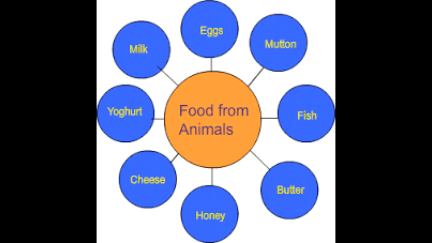Now we are also getting food from animals. What is the food that we are getting from animals? In this picture you can identify eggs, mutton, fish, butter, honey, cheese, yogurt, milk. All these are the products from the animals. Eggs are laid by the hens. Honey is given by the honeybee. And cheese, butter are the byproducts of milk. Yogurt, cheese and butter are the other products of the